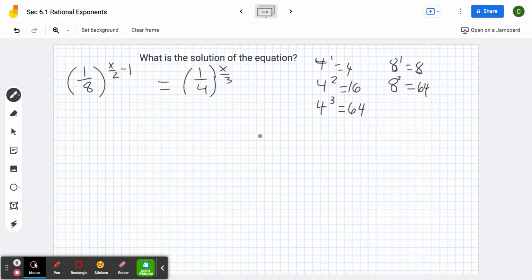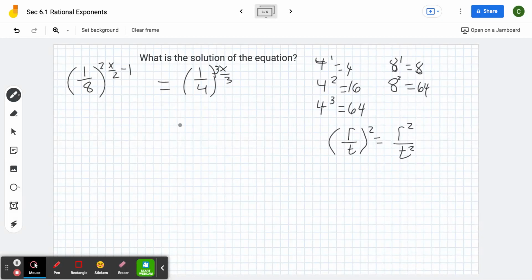Now, some of you guys might be wondering, how does that work? Okay, so I'm going to show you. If I had r over t squared, that is the same as r squared over t squared. Okay, and so we're going to use this strategy here. So I'm going to square this fraction here, and I'm going to cube